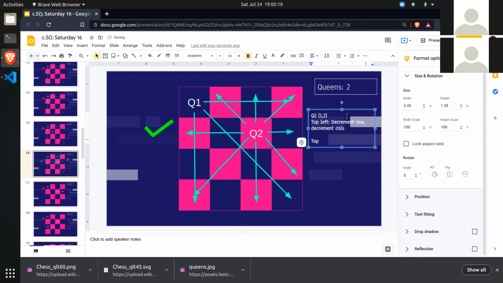What does top right mean? Can somebody tell me what top right means? Like, how do I go to top right? Top left is you decrease one row, you decrease one column, you do that again and again, and that will be your top left diagonal. What do I do for top right? Like this diagonal. How do I go to this cell? If this is 1 comma 2, what will this cell be?